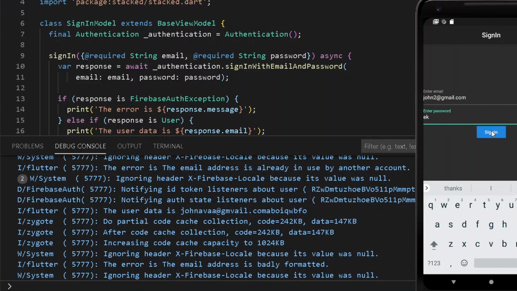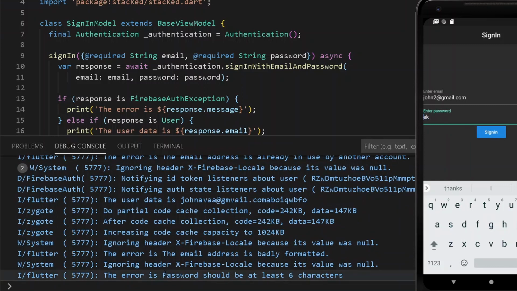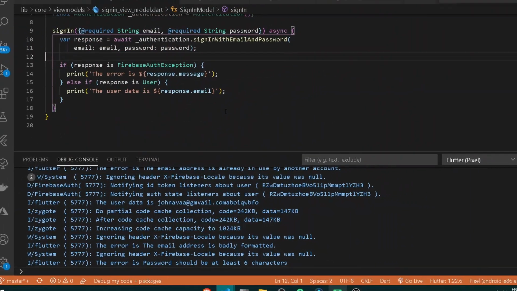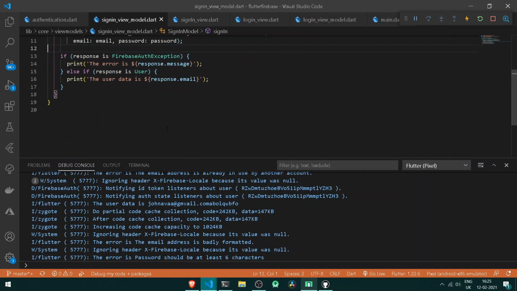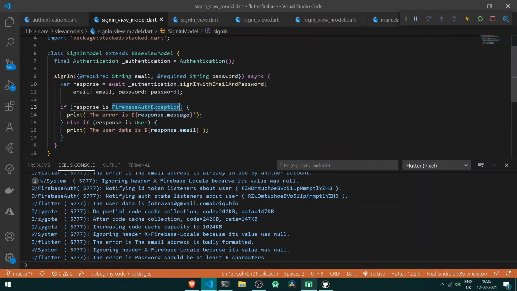Let's try signing in. And here you can see we are getting our new condition that the password should be at least 6 characters. Congratulations, we are doing a great job. We are now successfully able to manipulate our entire authentication from our Firebase. We are now able to print our user data and also catch the entire auth exceptions under a production state. So congratulations, you and me are doing great.